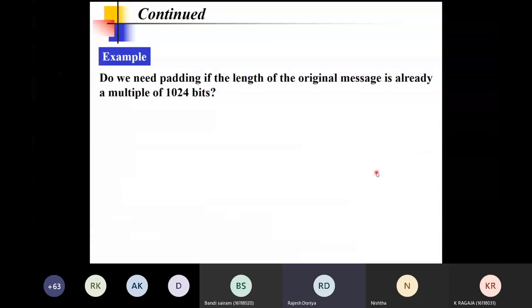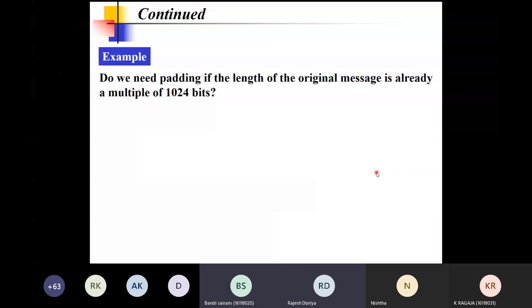Now there is one more question. Do we need to add padding if the length of the original message is already a multiple of 1024 bits?